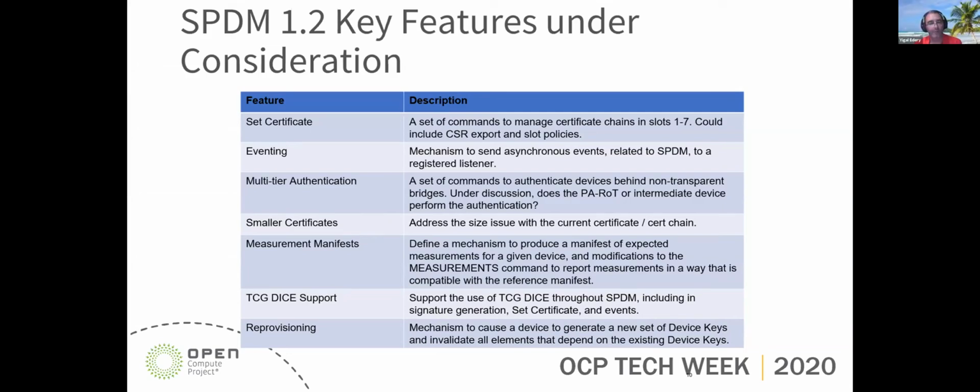I was also going to say, on top of smaller certificates, which comes up often in the OCP call, I think the eventing here sounds interesting as a way for a root of trust to communicate security events and security alerts out. So when something goes wrong, it would be great if there was a layer in the protocol that allows outbound communications about it.